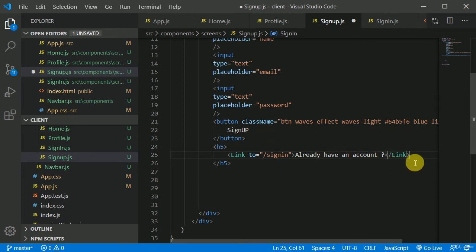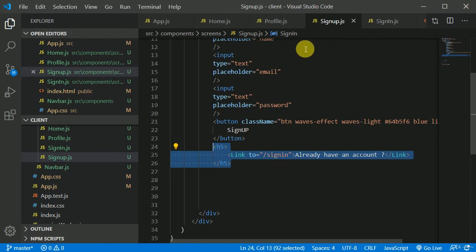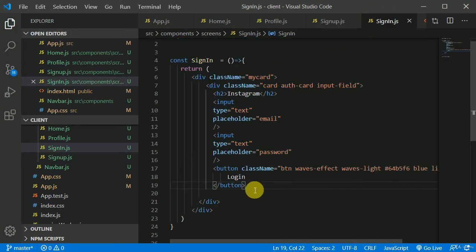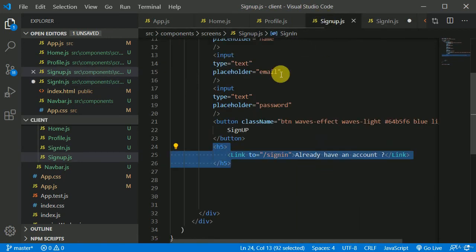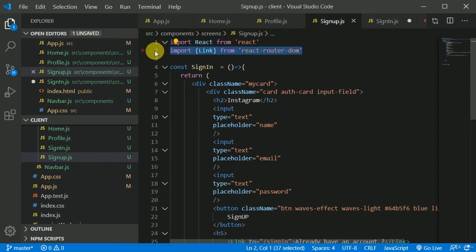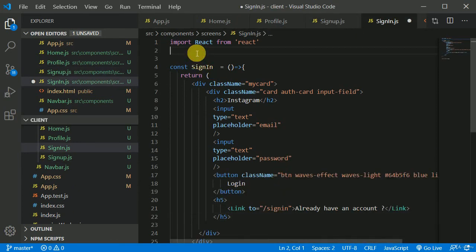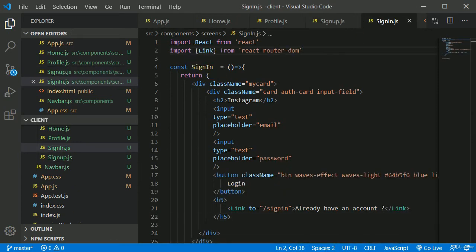Okay, and I will copy this stuff, Control C, save this file, and go to sign in, and here also I'll paste that in, and I need to copy this import statement and paste it in here as well. Let's save this and see if this works.